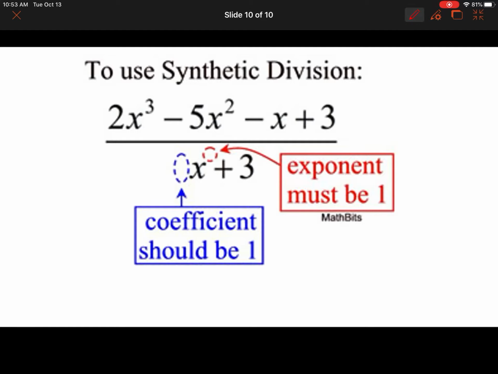Just a reminder that synthetic division does not work all the time. It only works for us when we have a coefficient of 1 and an exponent of 1. So this guy right here needs to be just a plain old x. So not a 2x, not a 3x, not an x to the 4th or an x squared. So no coefficient, just needs to be 1, and no exponent, just needs to be 1. So just regular x. But you can have x plus a number or x minus a number. That part doesn't matter, but synthetic division will only work if you have a regular